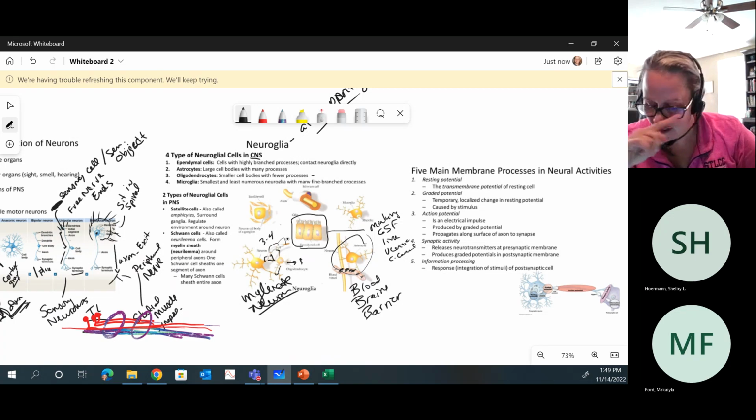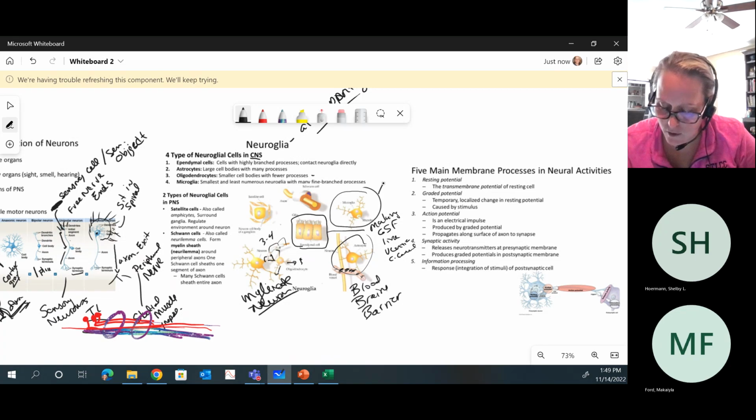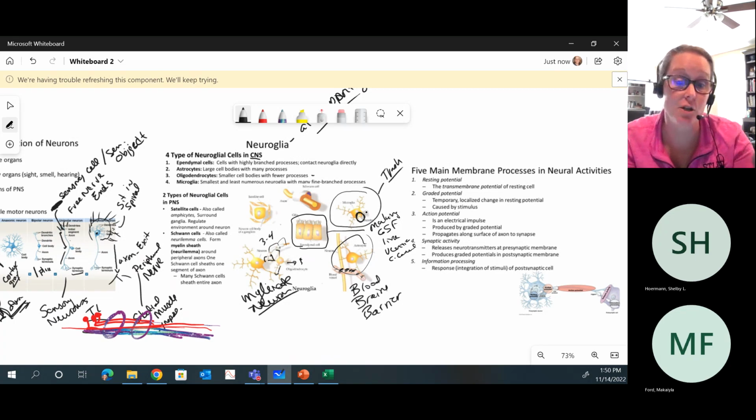Okay. The last type of cell found again in your brain and spinal cord is going to be your microglial cell. And your microglial cell is going to take the role of kind of being the trash man. They are going to have the ability to endocytose or phagocytose material and pull out stuff like debris, pieces and parts of the neuron, maybe even excess neurotransmitter. They can help get that out of the way. Okay, so those are your neuroglial cells that you have to know by name, by shape, by role inside the